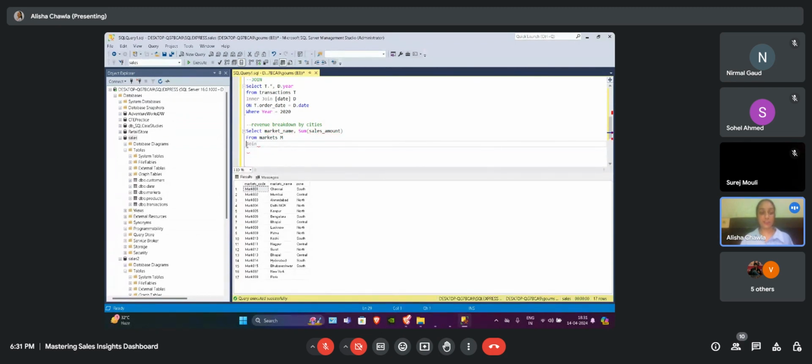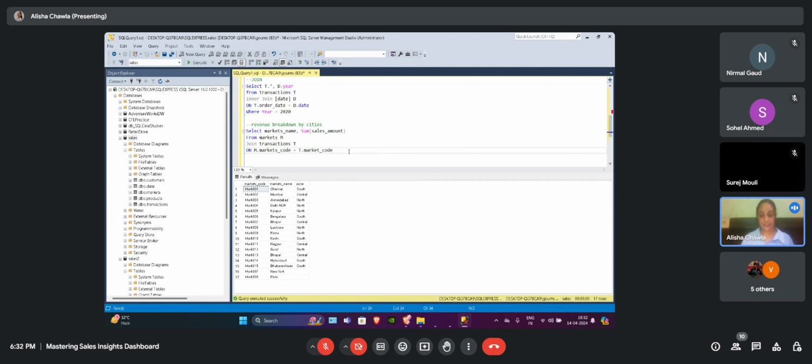If we simply write join without inner, it is by default an inner join, so we can write join directly here. We are joining it with the transactions table, name it T, on which column, what is the primary key? It's our market code. Sales markets name. Okay, the query is okay.